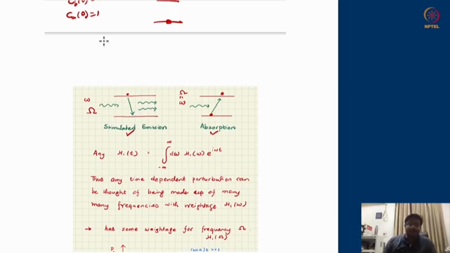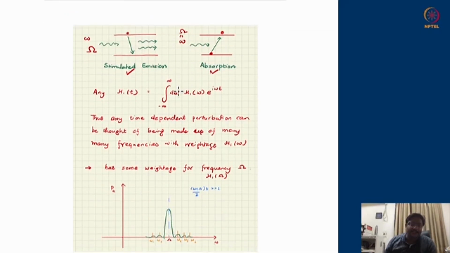So this is for cos omega t kind of thing. Even for sin omega t, the results will go through. You can verify that. And actually, if you have any arbitrary time dependence, that can also be broken in terms of e to the power i omega t basis. And once you do that, you will always find some support of frequency omega equal to capital omega with